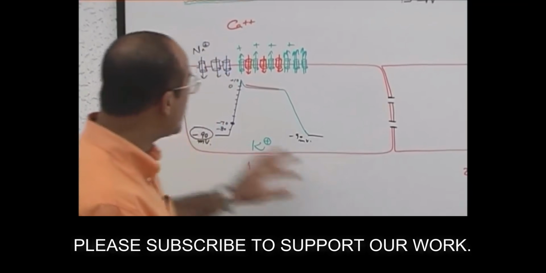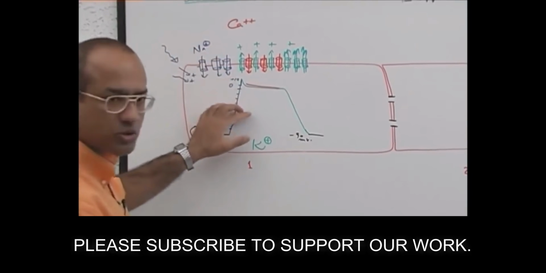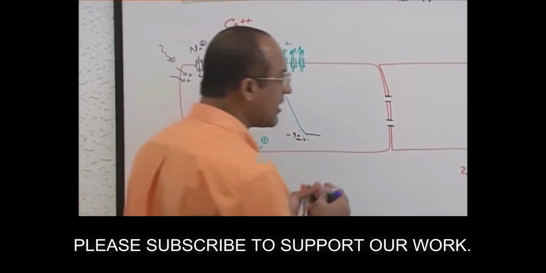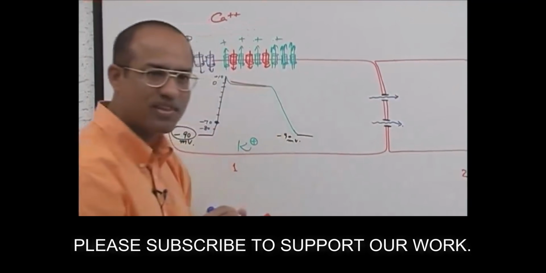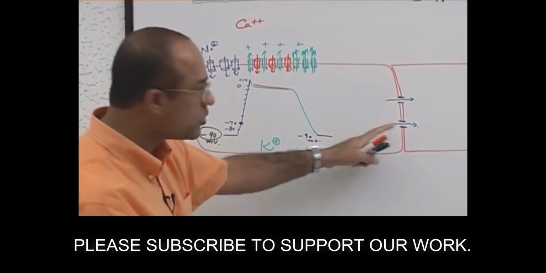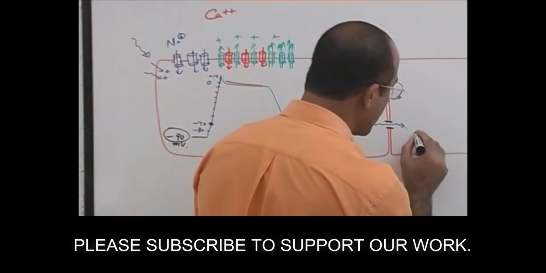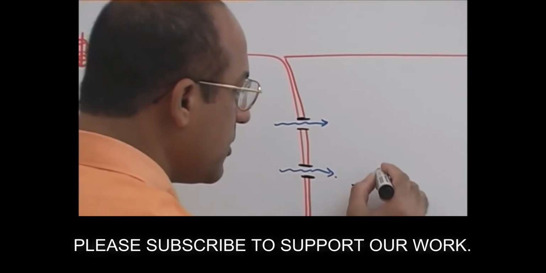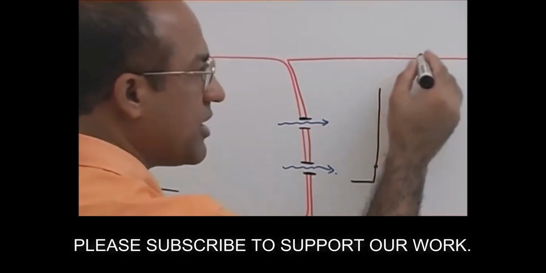So what happens? When one cell undergoes depolarization, some of the cations which have come into the cell trickle to the next cell. From here they go to the next cell. When cations from the first stimulated cell trickle into the next cell, what really happens? Then the resting membrane potential of the next cell will reach up to threshold. And then what will happen? Voltage gated sodium channels will open.